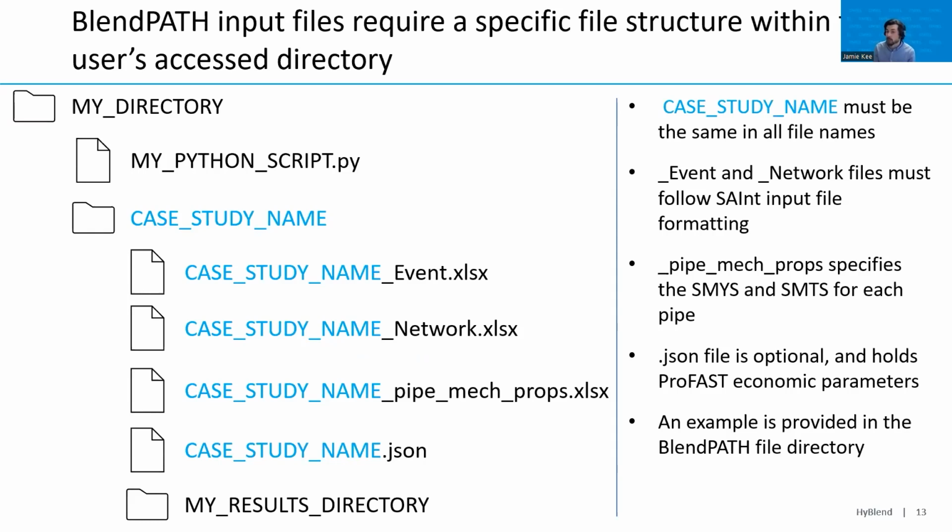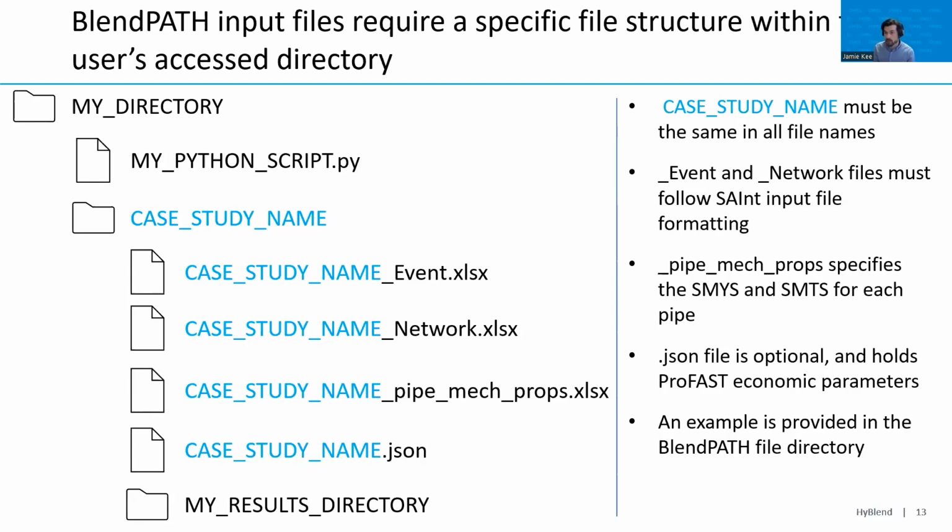BlendPATH has a particular file structure for running any of the specific case studies. On the left, I show an example file directory for a case study in BlendPATH. So if we have a working directory, within it, the first item is going to be a Python script. This will be used to run BlendPATH. At the same level, we're going to have a directory, and here I call it case study name. I highlighted it in blue just to denote that